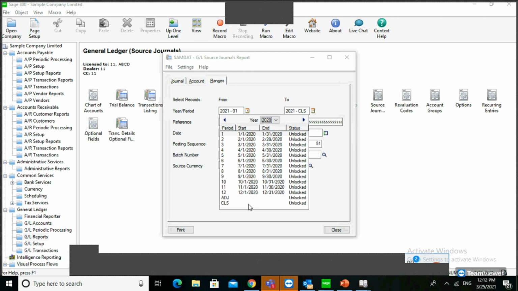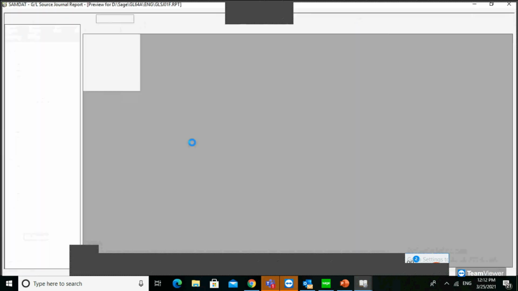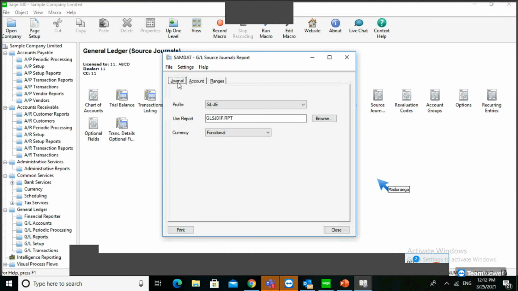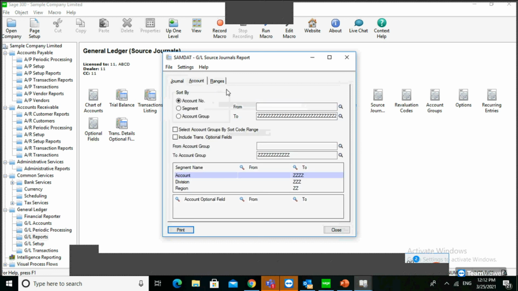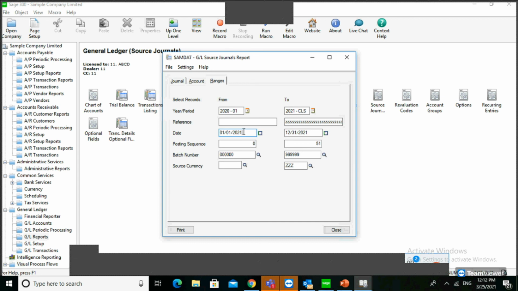From 2021, from this account, there's no transaction, if you define that range of accounts.